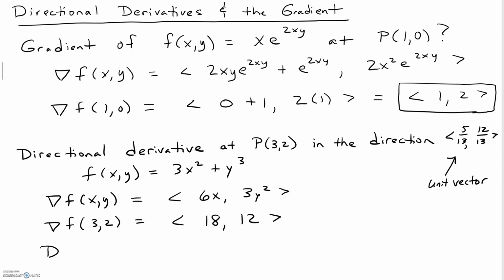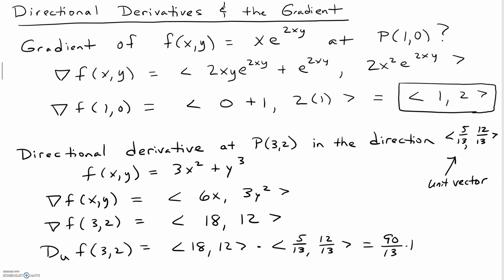And then finally, finding the directional derivative. Take that latter vector, times it in the direction of the unit vector. Again, we already had a unit vector, so one less step for us to calculate. And then taking our dot product there, we have 90 over 13 plus 144 over 13, and add that up. Our directional derivative at that point